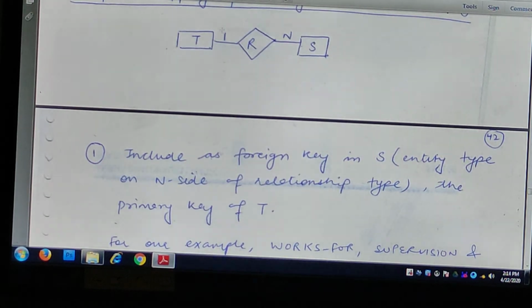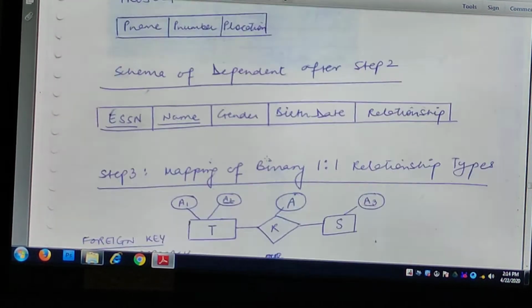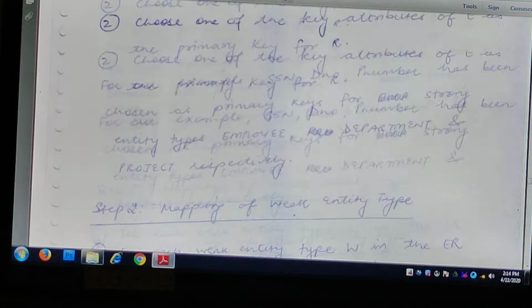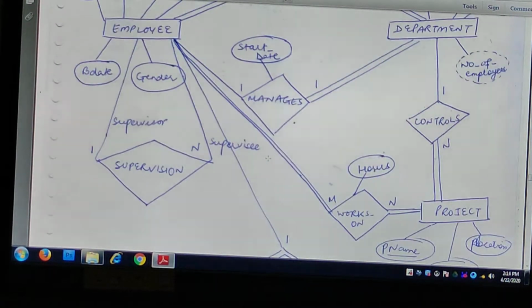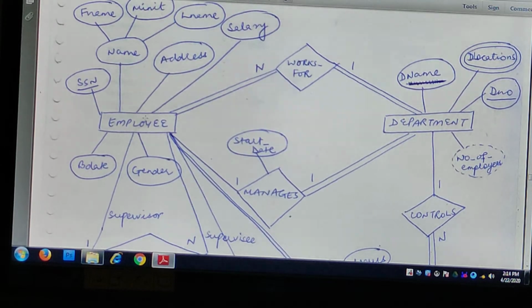It means the primary key of T will be included as foreign key in S if it is a one-to-n relationship. So let's again see the ER diagram. What all one-to-n relationships are we having? Starting with this, 1-to-n is department to employee. The primary key of the entity type on the one side will be included as foreign key in the entity type